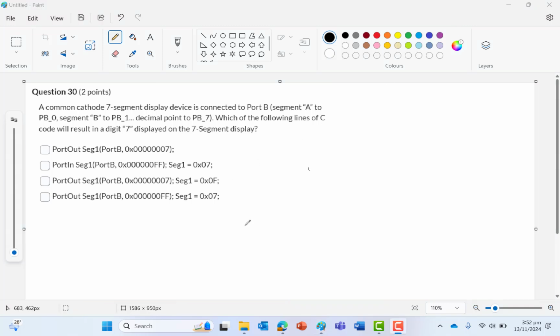Okay, let me continue. You have a common cathode 7 segment. What you need to know first: an LED consists of one short leg and one long leg. The short one is negative, the long one is positive. Short one is called anode, and long one is cathode. And then the current can only go from